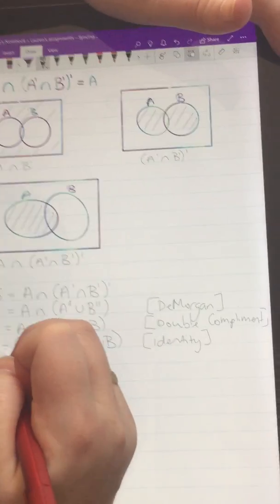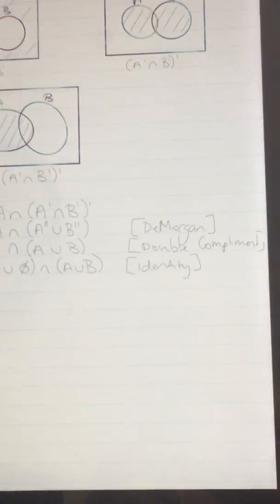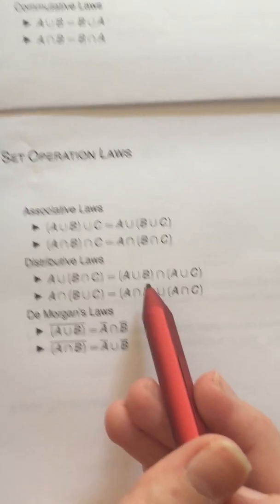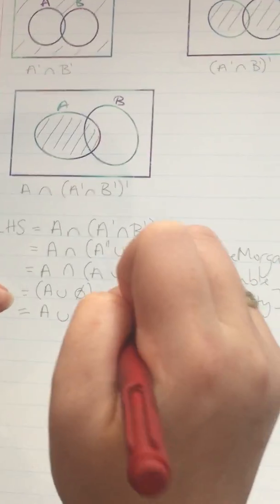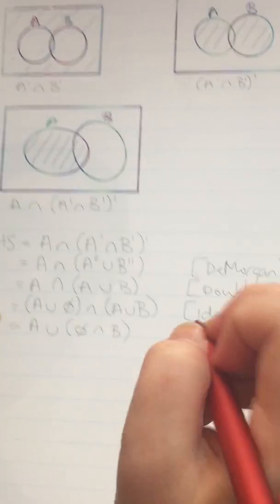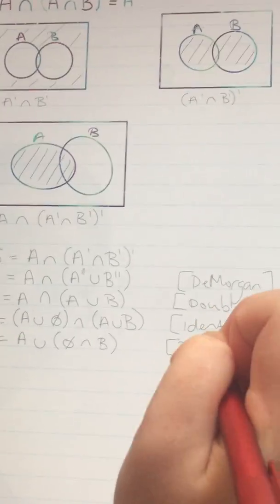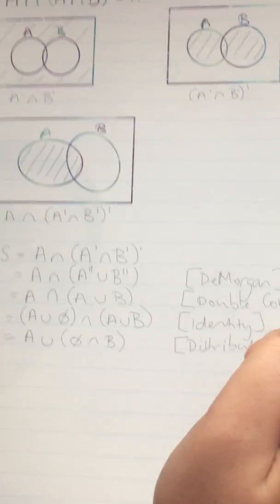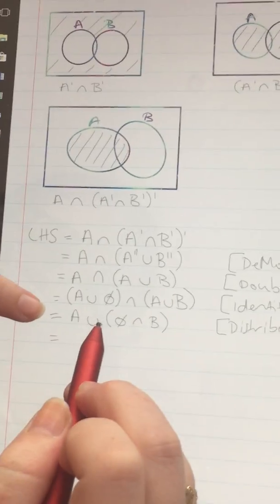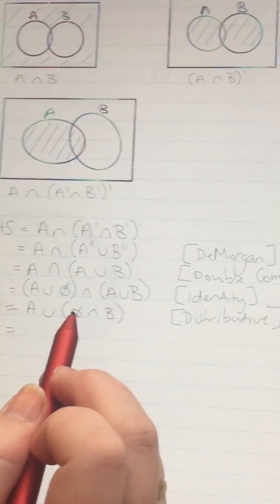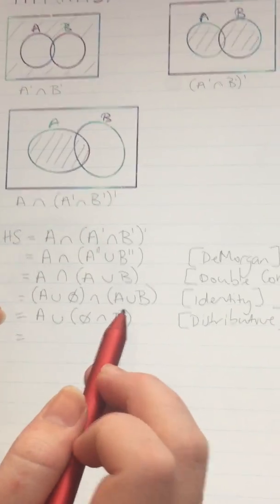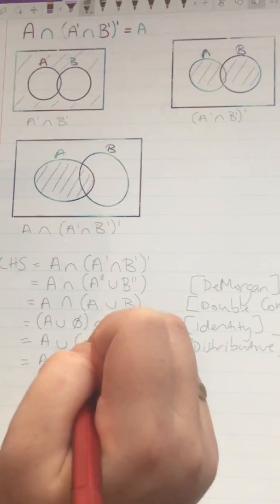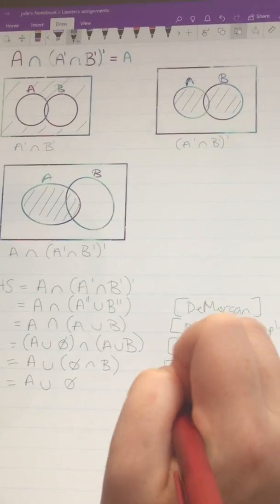Okay. So then you can go to town using the distributive law. Because you've got the intersection here, you'd use this one. So it's A ∪ (∅ ∩ B). Then look in the brackets again. Anything with the null set intersection will be equal to the null set, which is the domination law. So it's A union the null set, which is the,